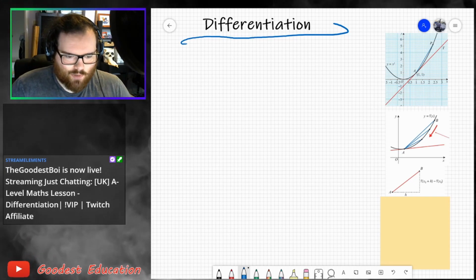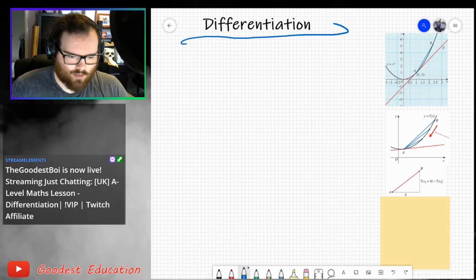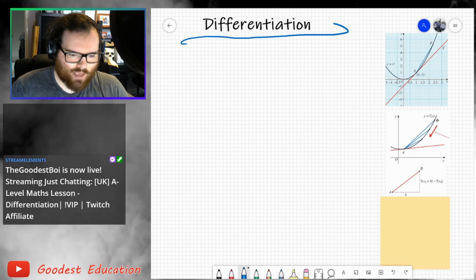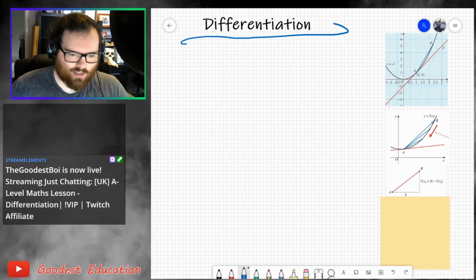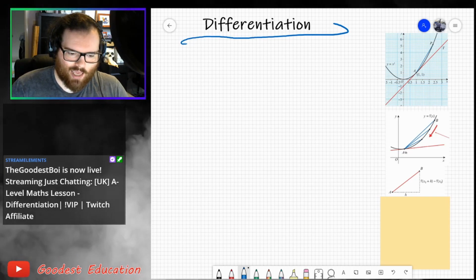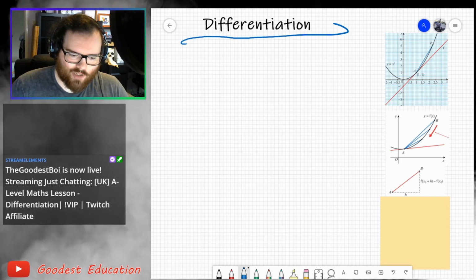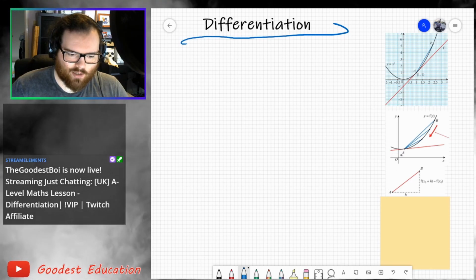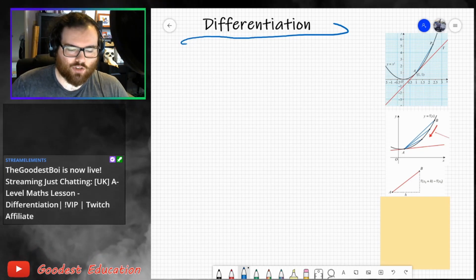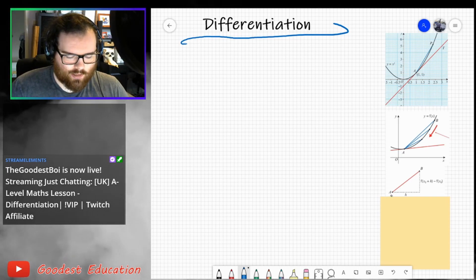So what you would do is, for example, draw this red line across using points A and B, and the gradient is a very good match. But if you move B closer and closer to A, the difference between A and B gets really, really small, and the eventual red line that you would draw across A and B would estimate the gradient at A to a good degree. So if you did that, at the points A and B,